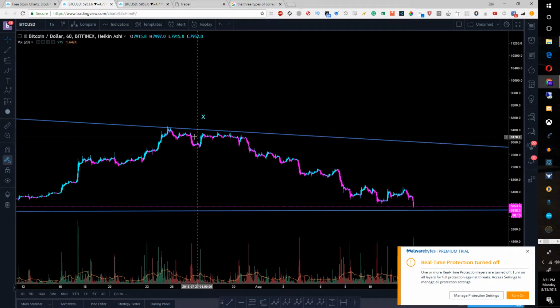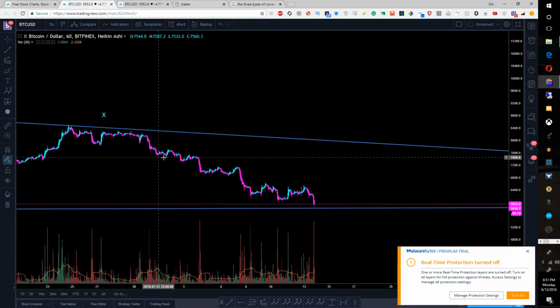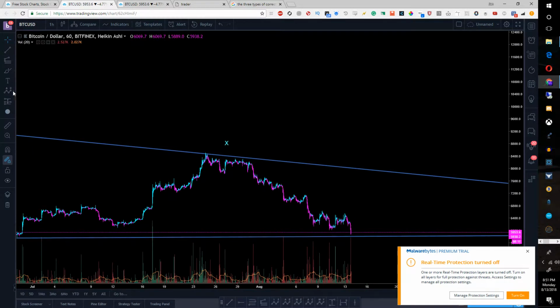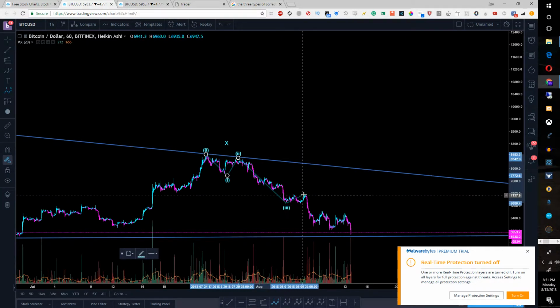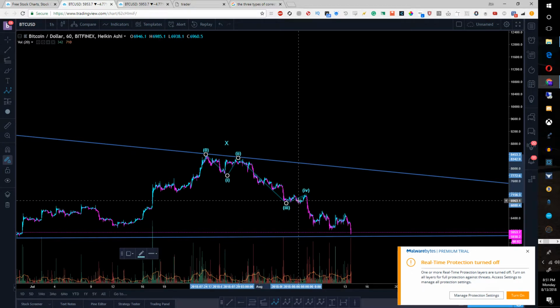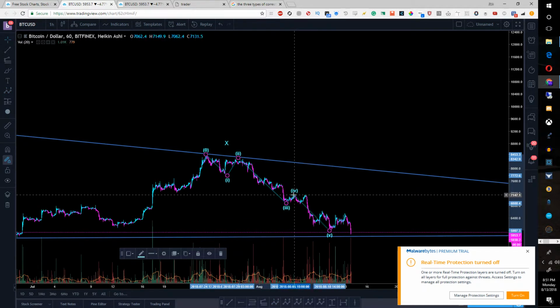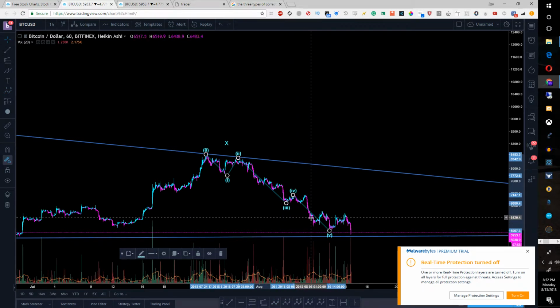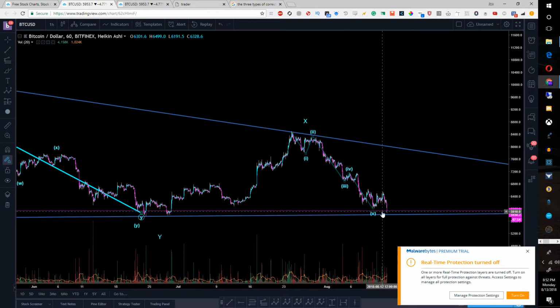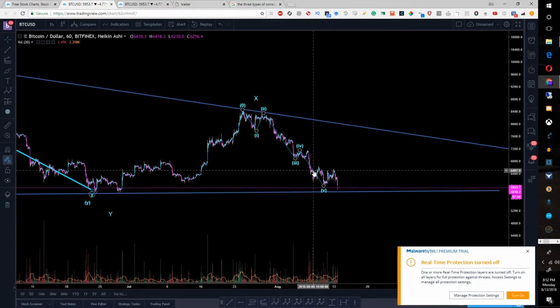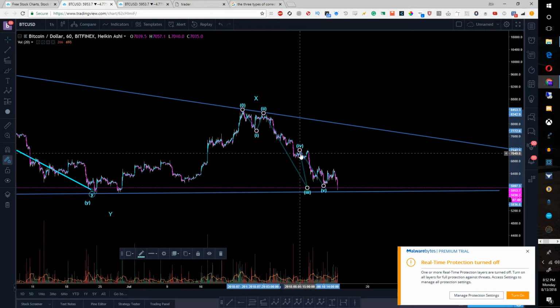Like, what is this? It could be an ABC, maybe. Meh. I counted this before. I counted this as 1, 2, 3, 4, and 5, and this would be 1, 2, 3, 4, 5. But very clearly today we broke below that right there. So that has me believing that the only possible count I see here